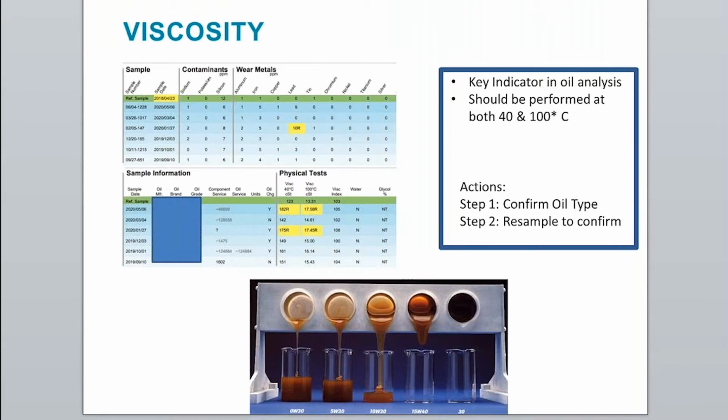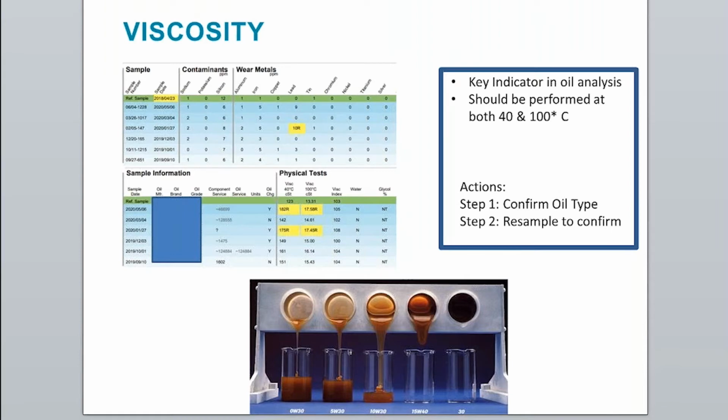A reduction in viscosity can be indicative of dilution in the oil or even shearing of the viscosity index improvers in multigrade oils. In this sample, we see the viscosity has gone up to a reportable level, then back up to reportable again, as you can see here. There was indication of an oil change at the first flag, which may have led to the viscosity readings going